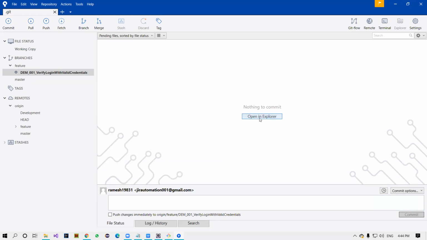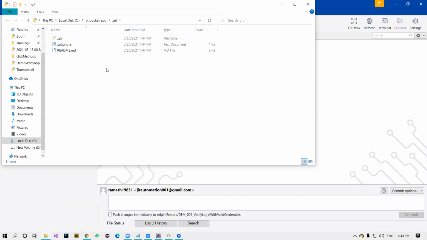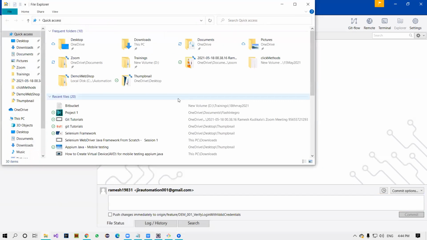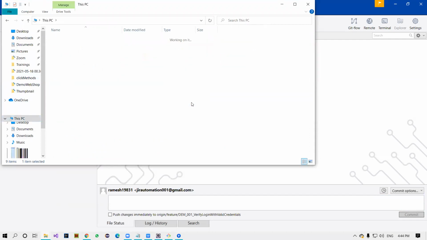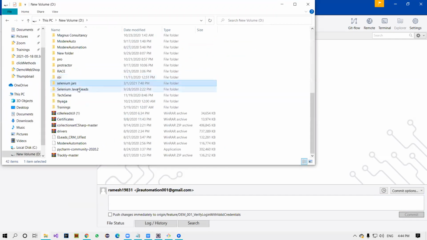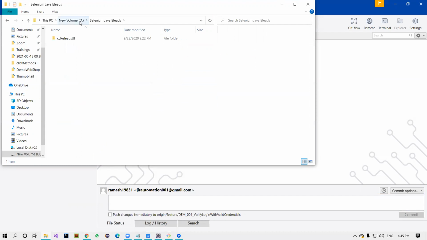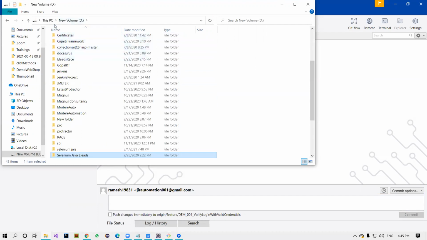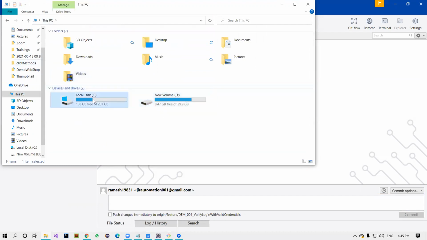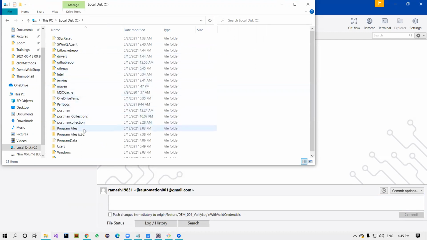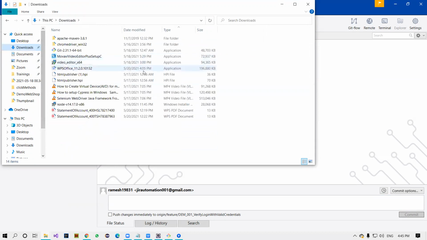Now I'll copy some code and paste it here. I have some code. Where is my code here? Let me go to the C drive. Sorry, I'm going to downloads. Nothing is there.